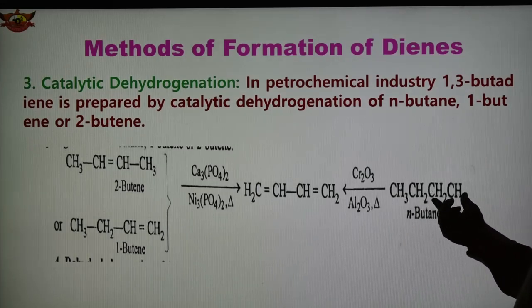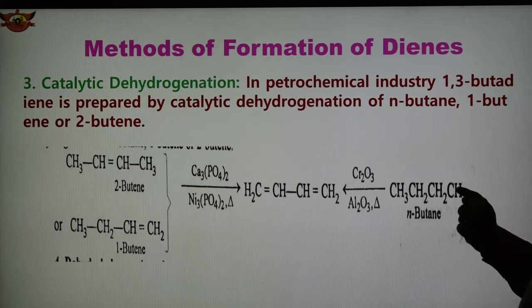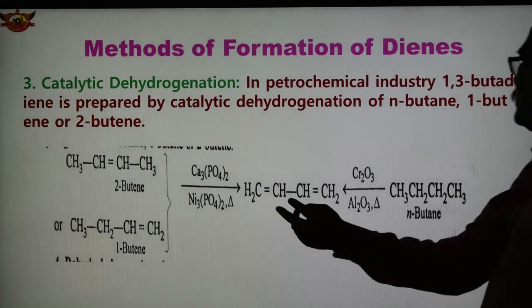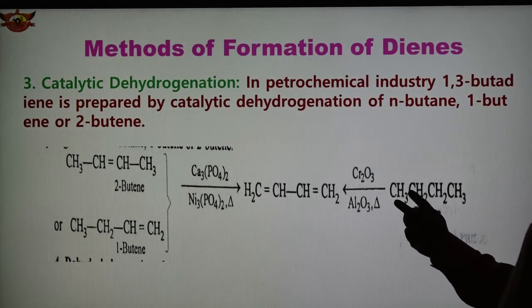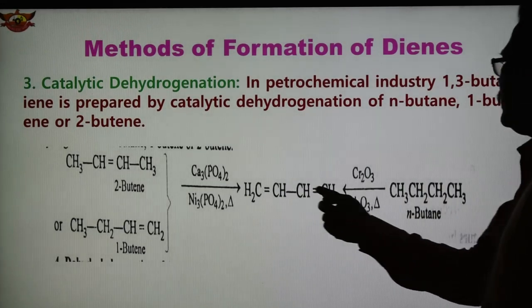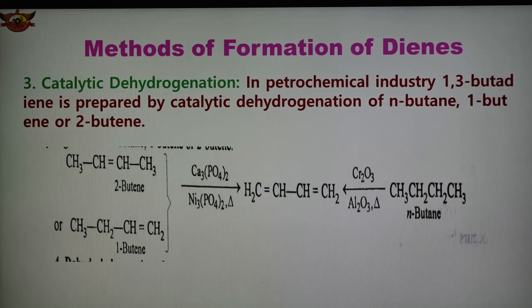And these 2 carbons, from here one hydrogen, from here one hydrogen, here CH2, here CH, see the double bond has come. From both these carbons one hydrogen each is removed as H2. Similarly, from these 2 carbons, H from this, H from this, 1 hydrogen is removed. So here is a double bond, here is a double bond, and we obtain 1,3-butadiene. In a similar way, in case of 2-butene and also 1-butene, we obtain the compound. This is the catalytic dehydrogenation, and the catalyst is chromium oxide or aluminum oxide, and at a particular temperature we obtain 1,3-butadiene.